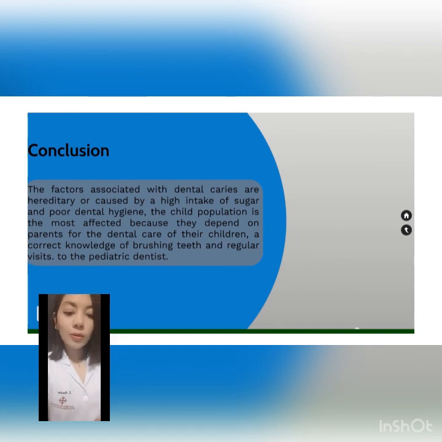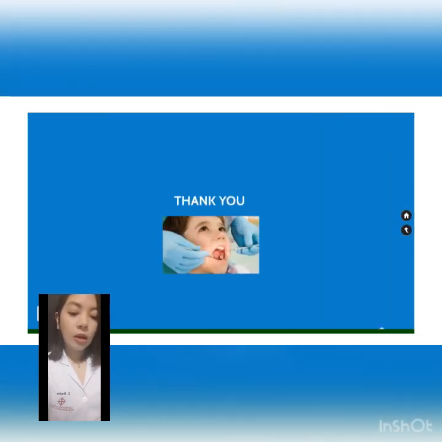Well, in conclusion, the factors associated with dental caries are hereditary or caused by a high intake of sugar and poor dental hygiene. The child population is the most affected because they depend on parents for their dental care. A correct knowledge